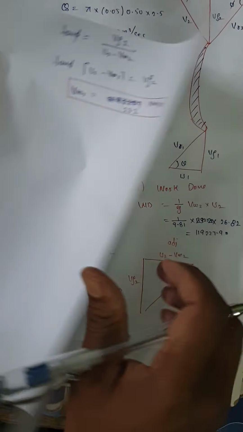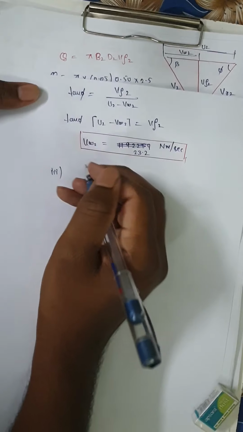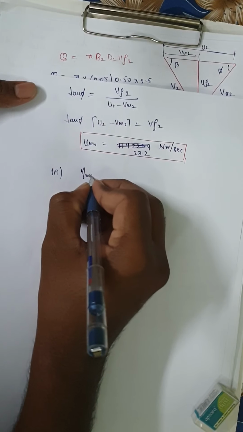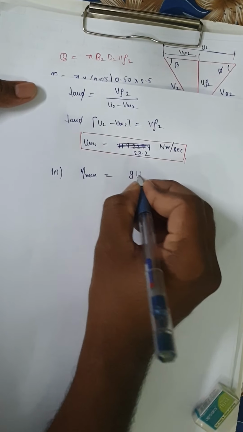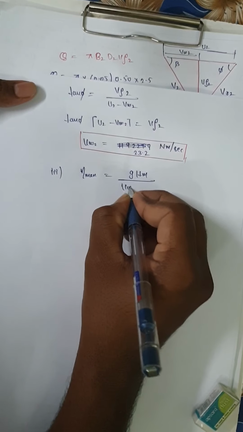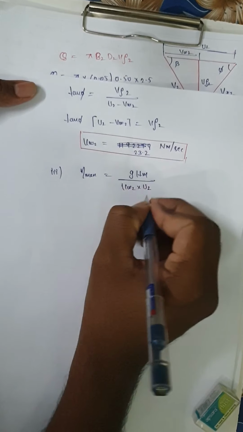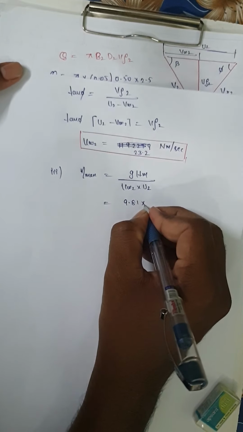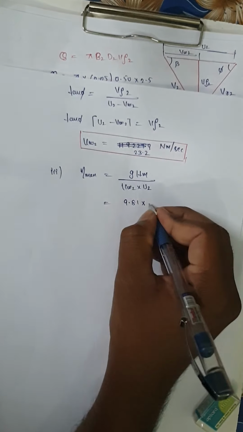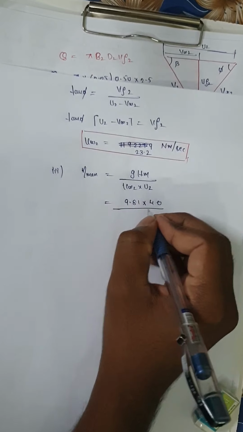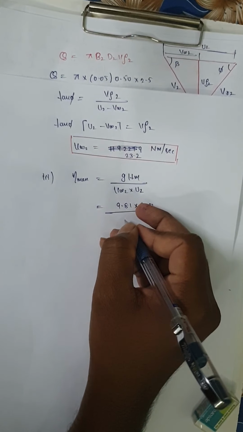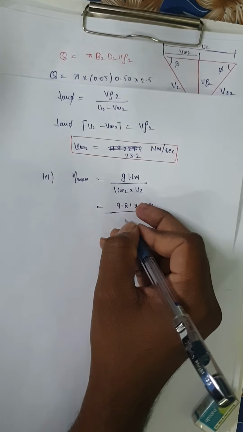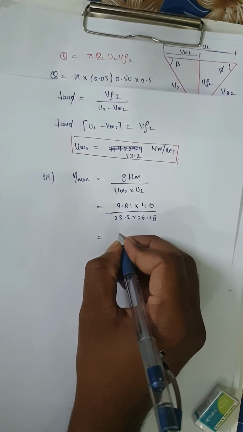After that, what you have to do, manometric efficiency. Third bit, last bit, you have to find out the manometric efficiency. What is the formula for manometric efficiency? G into hm by vw2 into u2. Here everything is known, just need to substitute. 9.81. hm value is given in your question, that is 40. Then vw2 value is also given in your question. So if you substitute